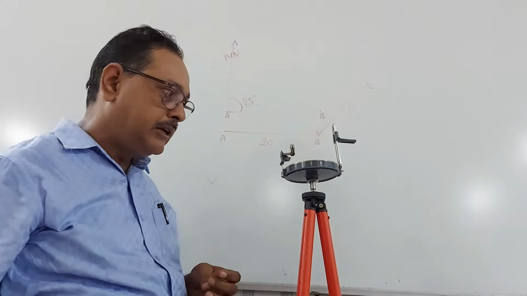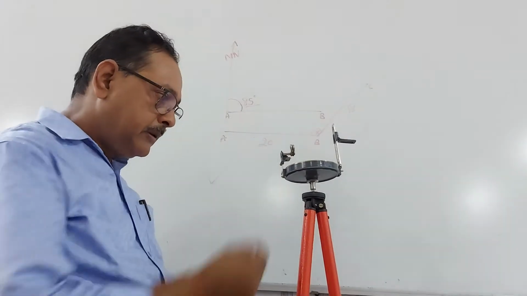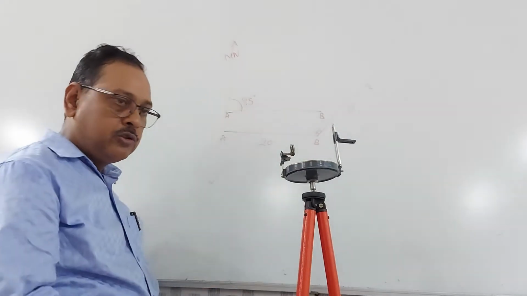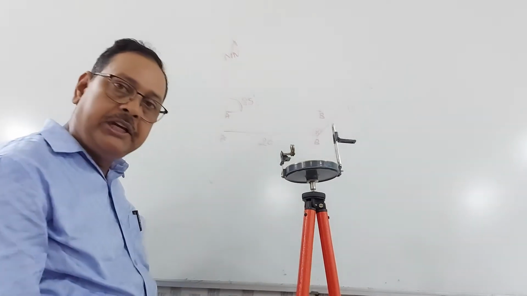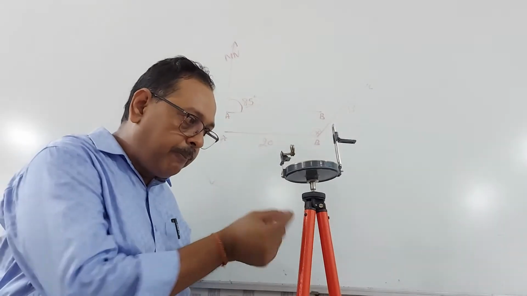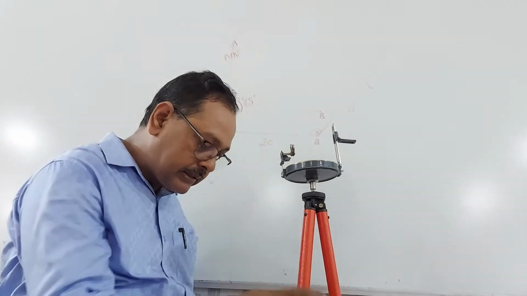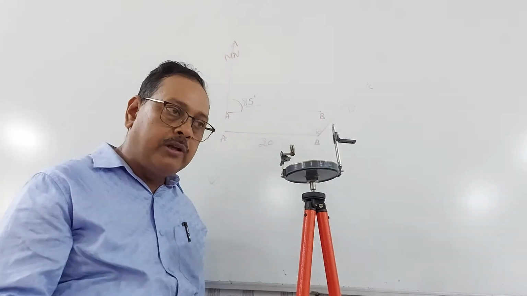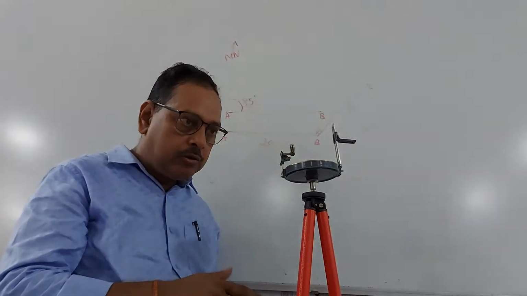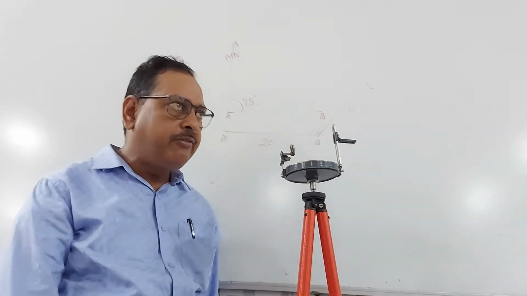Before taking the reading, the very first step is to set up the station on the ground. With the help of small pebbles, you will find its locality. By dropping the pebble from here like this, check whether this particular instrument is exactly on that particular station or not. So that is for rough centering. Normally rough centering is required.